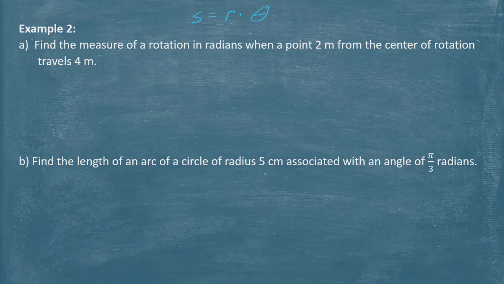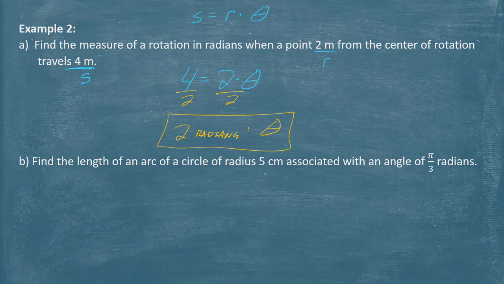So here it says find the measure of a rotation in radians when the point is 2 meters from the center. So that to me sounds like it's a radius of rotation, and it's traveled 4 meters. So that's like the arc length, or that's the S. So here it would be 4 is equivalent to 2 times theta, and then solve for theta. So for this one, it would just be divide by 2, and I'd end up getting 2, and then the unit here would be radians